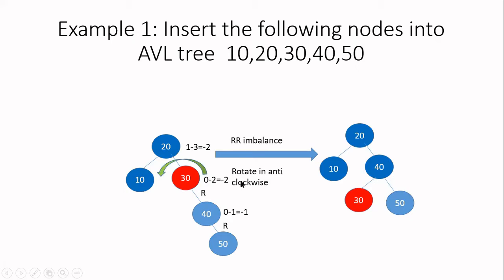So about which node am I going to rotate? Always when the letters are same, take the first node, rotate with respect to that. So I am going to take the first node. See, we are considering only these three nodes now, the three nodes which are connected by two labeled edges. So now take the node 30, rotate it in the anti-clockwise direction.